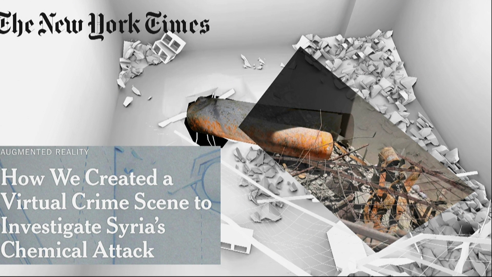This was back in April, when chlorine gas was dropped on an apartment in Syria, killing dozens of people on a balcony. And of course, the Syrian government immediately denied the allegations. Through photographic reconstruction of the scene, the Times was actually able to do a truly investigative journalism